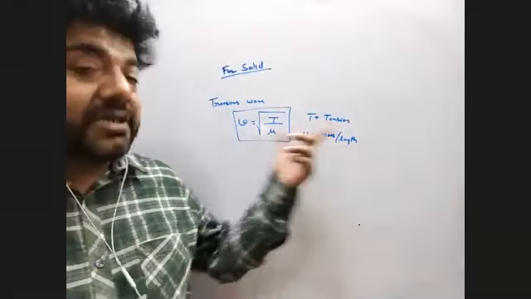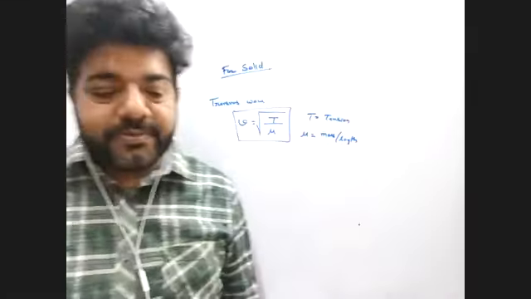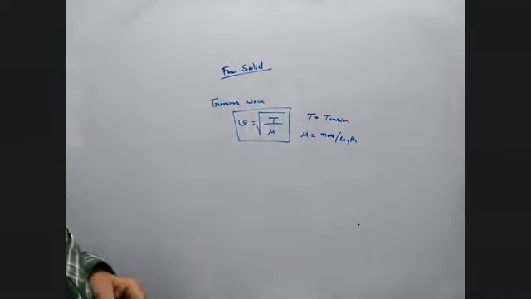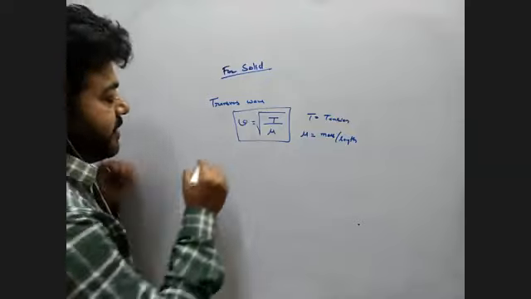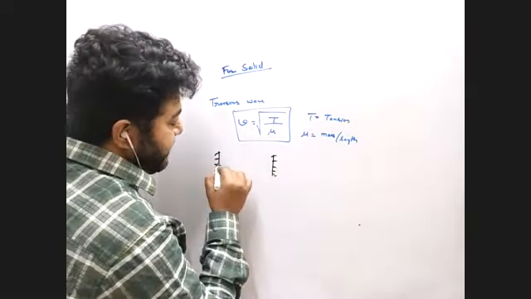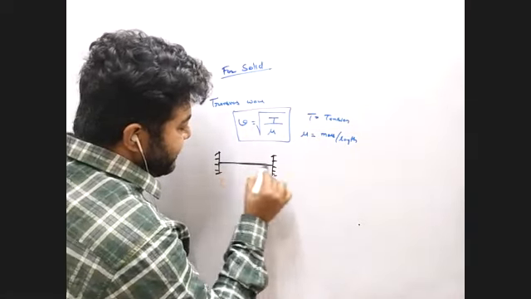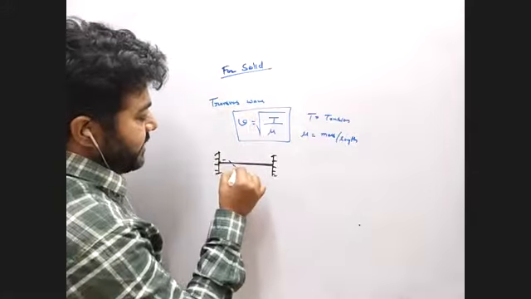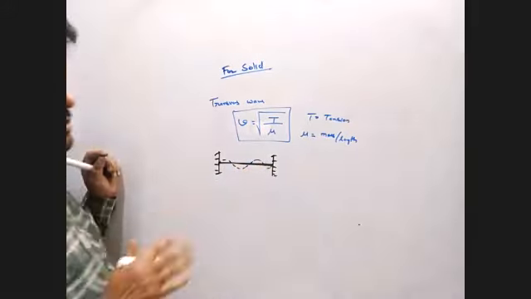This wave is also used in another place, that is the organ pipe. Sometimes it gets used. So take any wave, suppose these are the two fixed points where there is a string, like a guitar or sitar, anything. When you create a vibration, it moves like this. Is it clear?